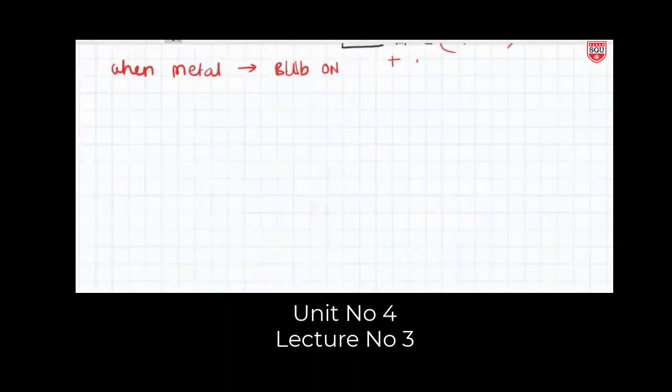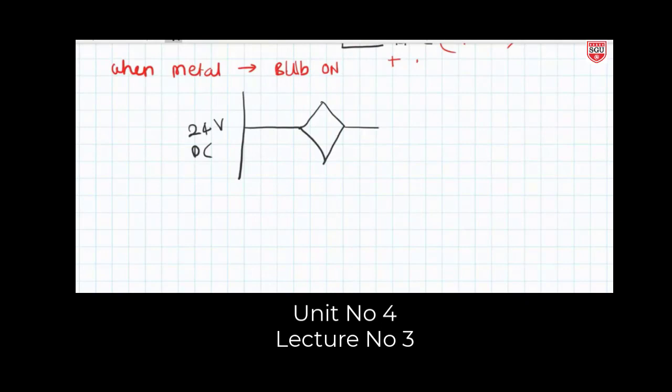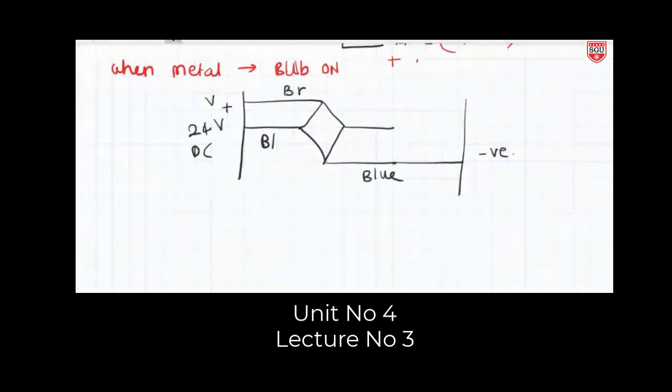So how to show it in a practical way? So this is the first circuit, 24 volt DC supply. I will take one wire. What I will do, I will attach it to the sensor. Okay, it is the black wire. Same way, it is positive and it is the brown wire. Then you know that here is the blue wire which I am connecting to the negative. This is negative. This is positive. This is giving the power.